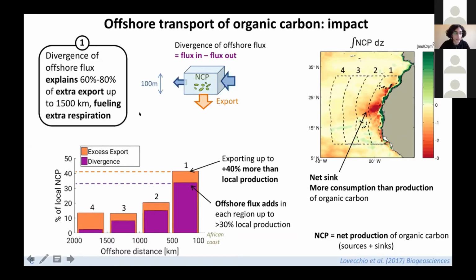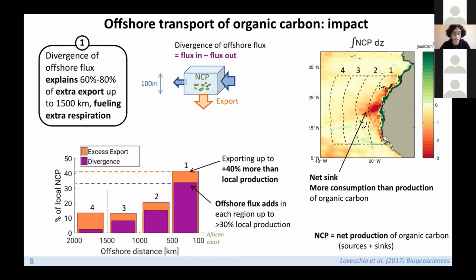And it can explain up to 60 to 80% of the extra export down the euphotic layer, up to 1,500 kilometers away from the North African coast in the Canary upwelling system overall. There are sub-regional differences in this. In fact, you can see that the central part of the Canary upwelling system, for example, has an even more negative signature in the vertically integrated NCP. I don't have time to go into this right now, but if you're interested, you can look into the publication